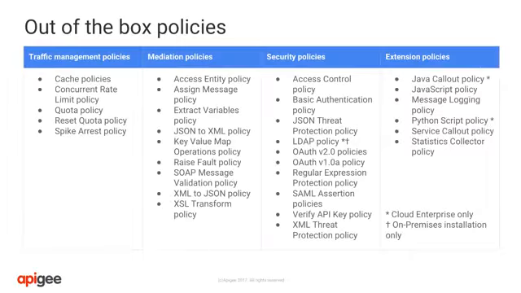Apigee Edge includes over 30 easy-to-configure pre-built policies out of the box. By using these policies, you can program API behavior without writing a single line of code. These policies provide features such as security, rate limiting, payload transformation, and mediation capabilities, just to name a few. When custom code is required, you can create your own policies in Apigee.